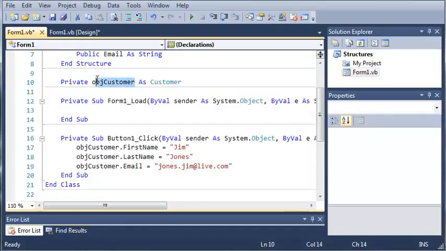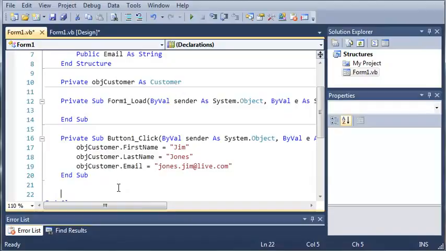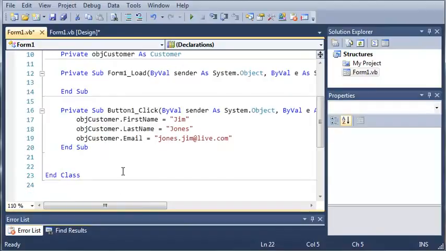Okay, so now that we have set a value for each of the variables inside of the structure object customer, let's go ahead and add the customer to these text boxes right here. So we could do this right under button one dot click, but we want to use a sub, because this makes it easier to reuse code, and we're not going to have to copy and paste, which is a very bad habit that you don't want to get into. So what we're going to do is create a sub called display customer. Now what this is going to do is get our structure and add it to the text boxes. So we'll go ahead and type private sub